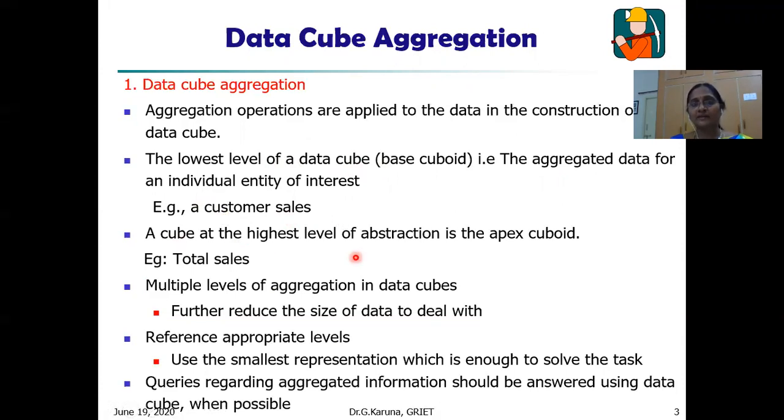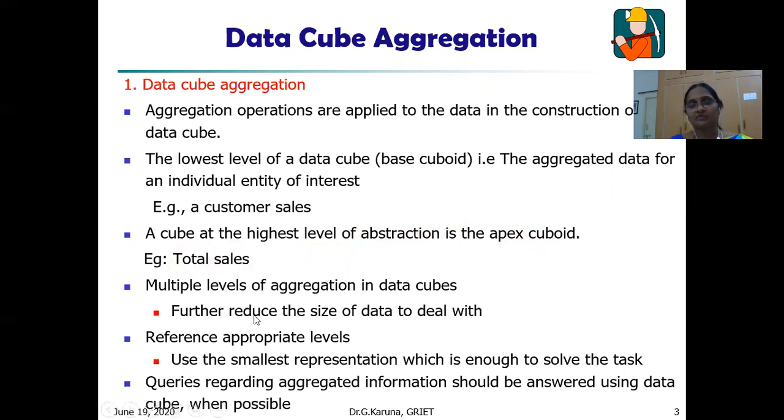Whereas the cube at the highest level of abstraction is the apex cuboid. Suppose we have 3 or 4 dimensions, so aggregation of all these with respect to price, items, customer, and branch. Related to all these branches, I am going to take only the total sales at the apex cuboid.